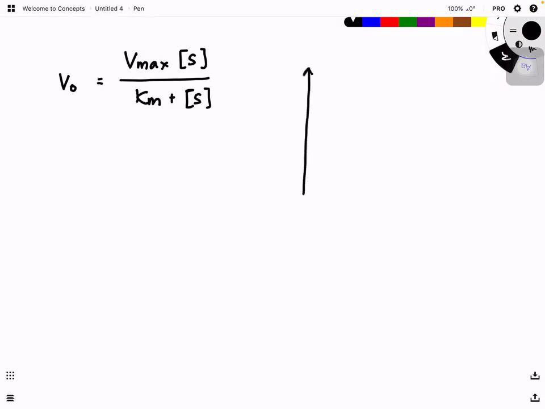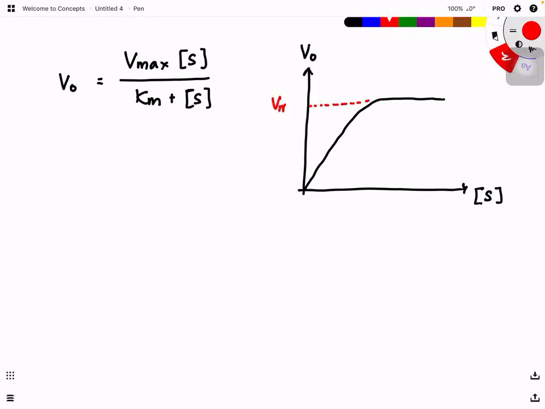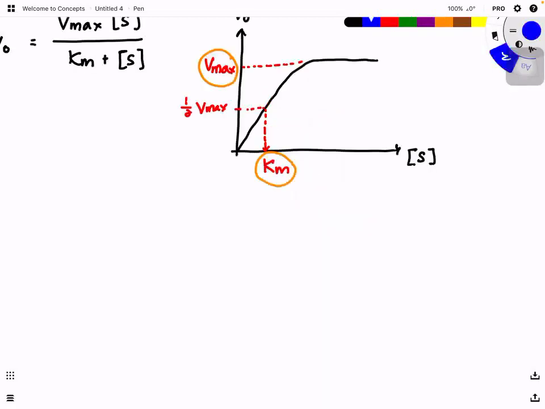This curve is known as the V naught versus substrate concentration curve, where we get these, right? And from here we get the Vmax. And then we have a half Vmax, and then we get the Km. So you see that, yeah, we can get the Vmax, we can get the Km. But the question here is, when you look at the definition of Vmax,